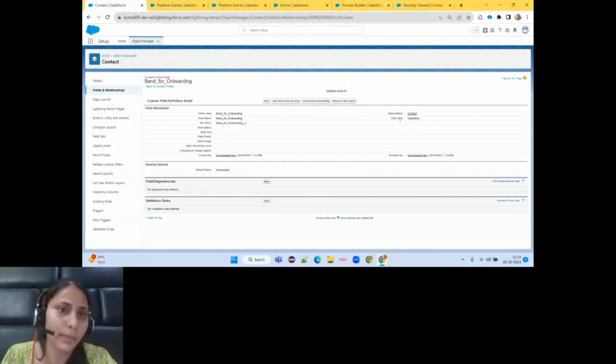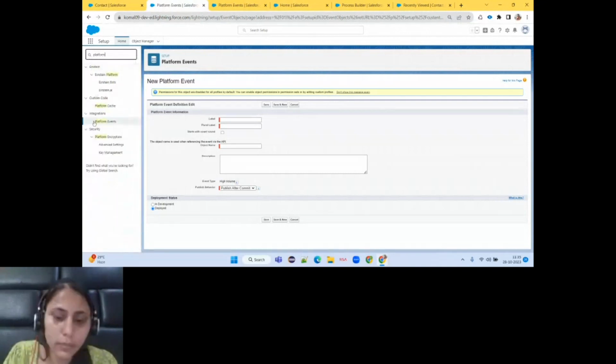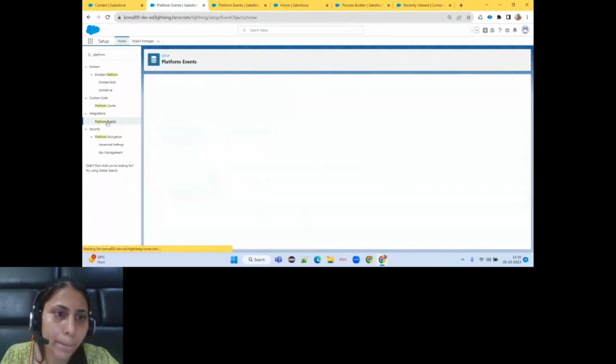If we talk about events, from Setup itself, in Quick Find, if you search for Platform Events, you can find it. When you click on this, it will pop up like this.